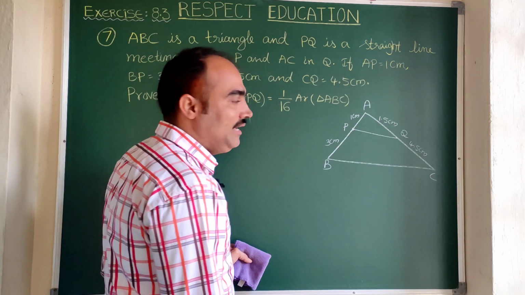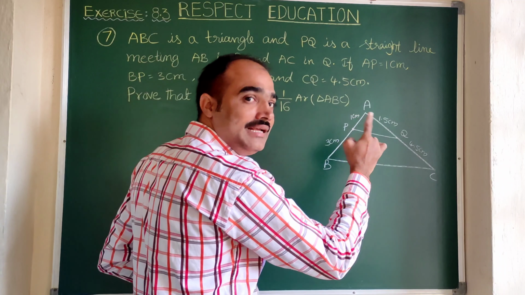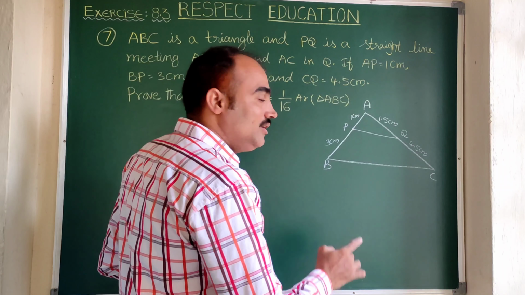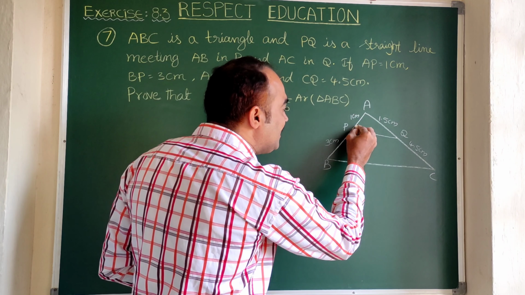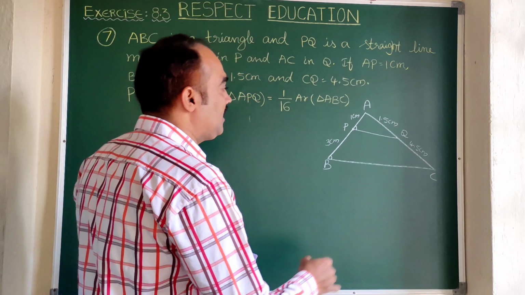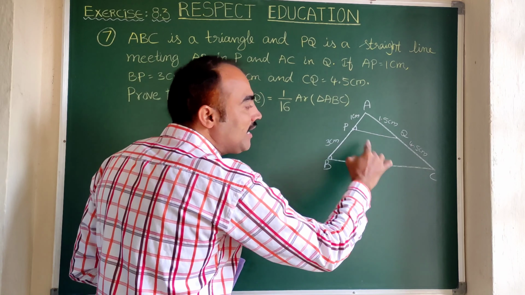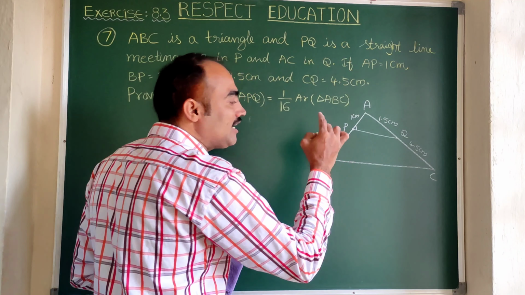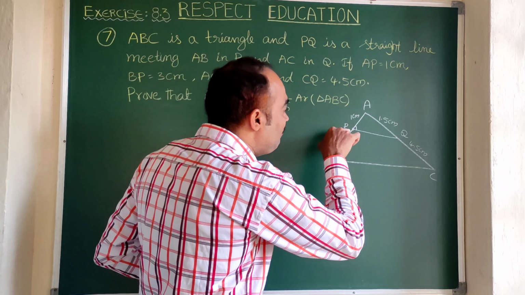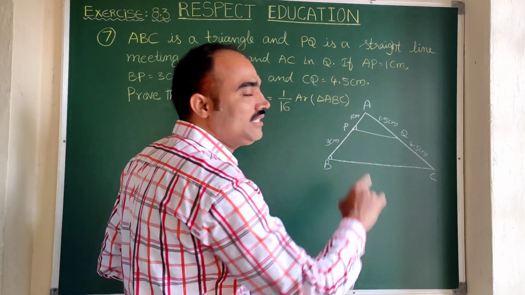Is it clear? Here, if we happen to prove angle B equal to angle P, or angle Q equal to angle C, then by AA similarity we will be able to prove that APQ is similar to ABC. So our target is to prove either these two angles or these two angles are equal. Now the condition is that for these two angles to be equal, these two lines should be parallel. Then only these angles will be corresponding angles, so that they will be equal. So the present target is whether PQ is parallel to BC or not. That checking is our present target now.